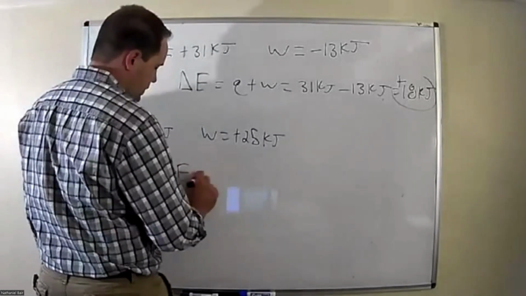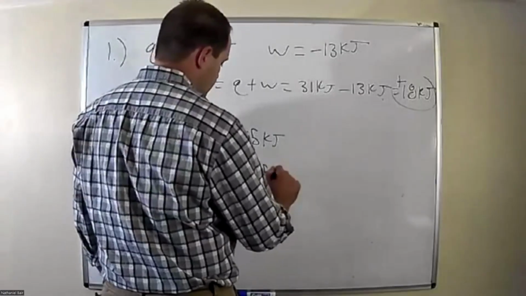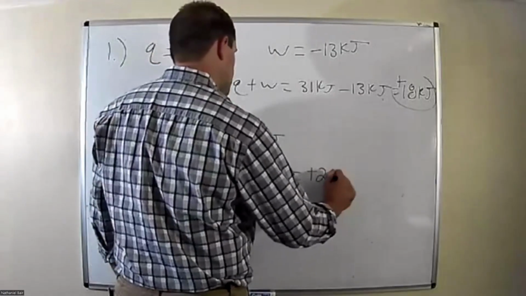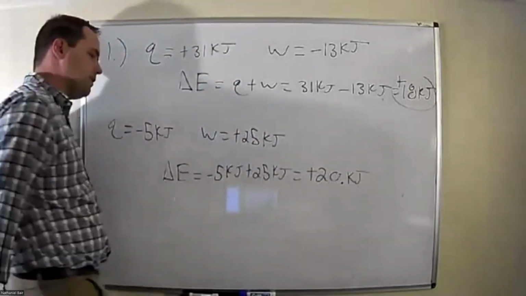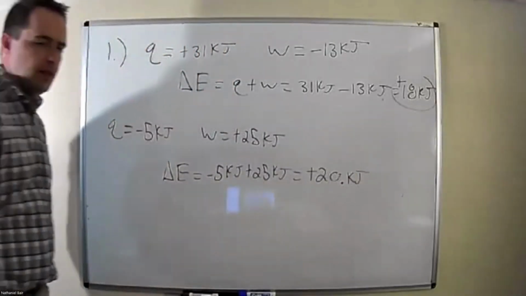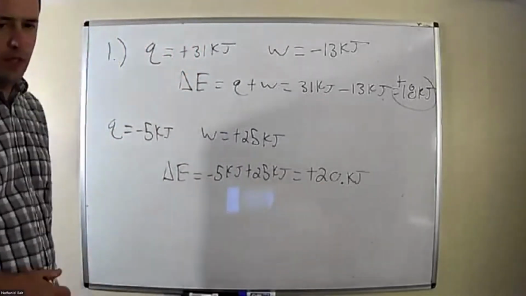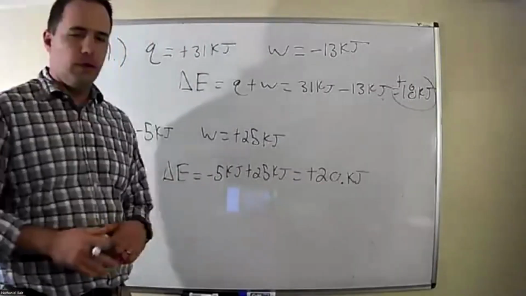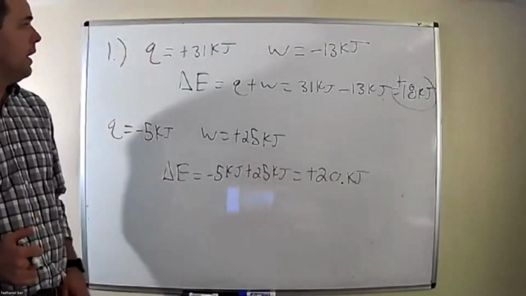The change in energy is equal to negative 5 kilojoules plus 25 kilojoules. That's a positive 20 with a decimal point, technically, with the sig figs, ones place, as we're adding or subtracting. This again, the system is gaining 20 kilojoules of energy just from, it's having more work done to it than